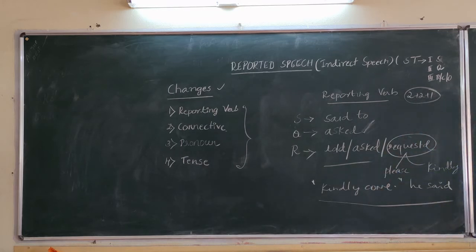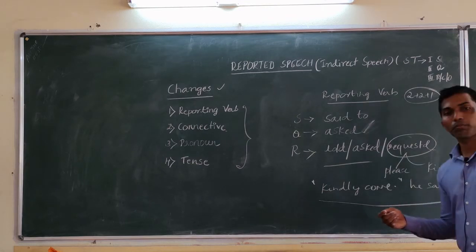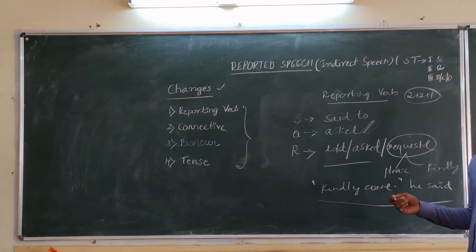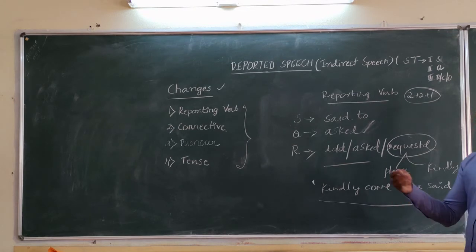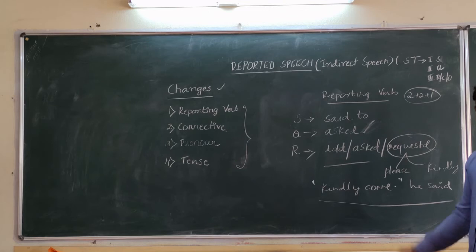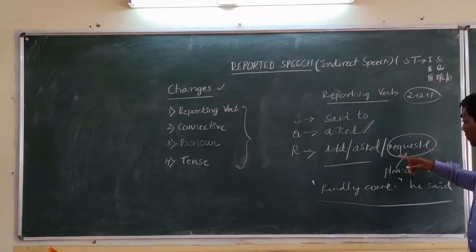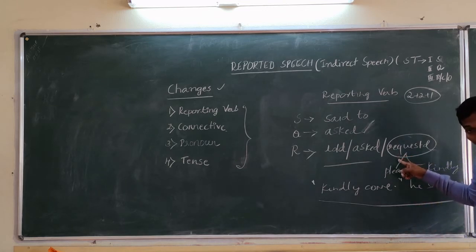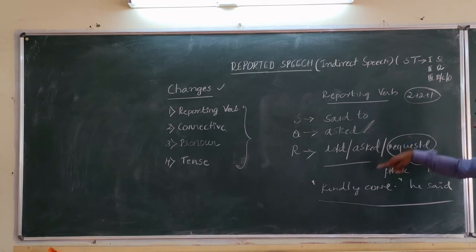In the third type, there are three subtypes you may call: requests, commands, and orders, which we have grouped under the heading third type. So when it is in particular a request, you have to use kindly or